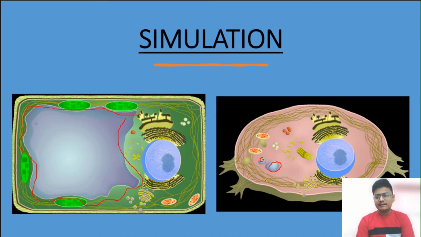This large sac was seen in the plant cell, whereas in the animal cell these sacs were very small and greater in number. There are so many. And both of these are known as vacuoles. They are present in the plant as well as the animal; in the plant it is very large, and in the animal it is very small but large in number. Students, everyone is clear till now?